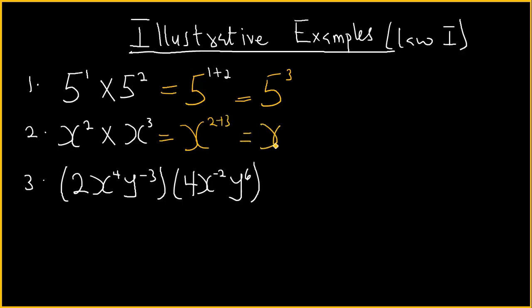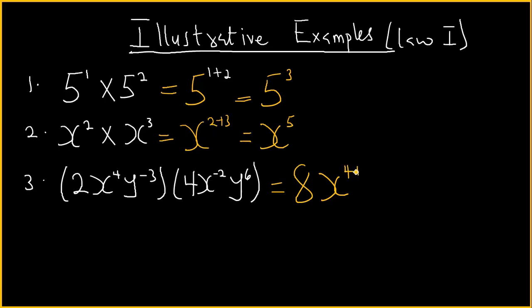X to the power 5. Now the last one, we have this expression multiplying this expression, and we have rational numbers which are 2 and 4. So these coefficients multiply and then we have 8. Now we have x as a base, another x, and y, y. So one x is picked, and since the operational sign here is multiplication, we add the powers. We have 4